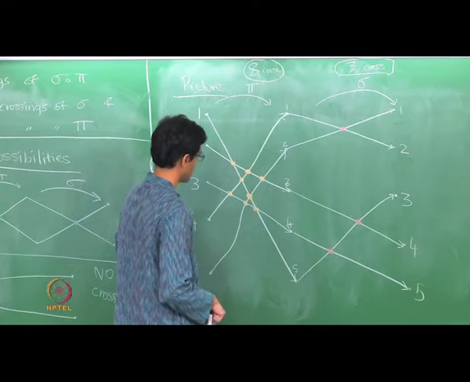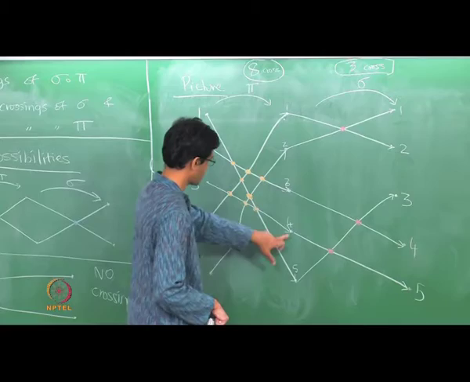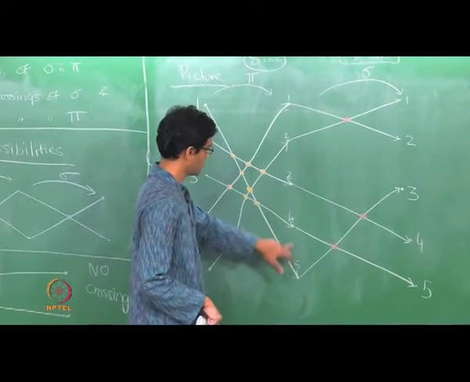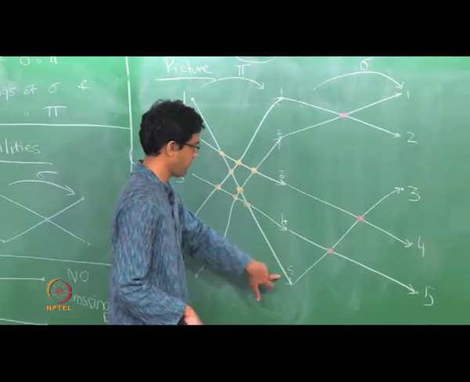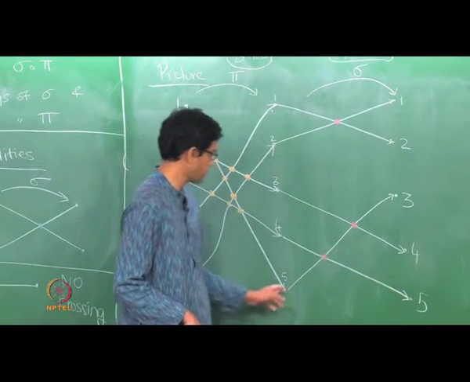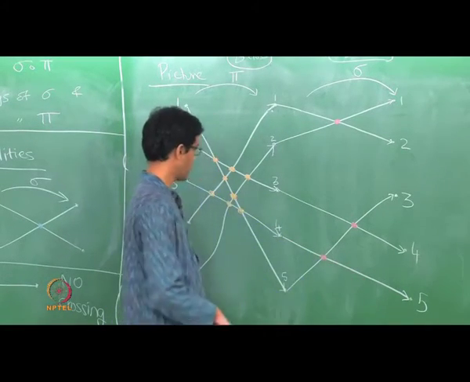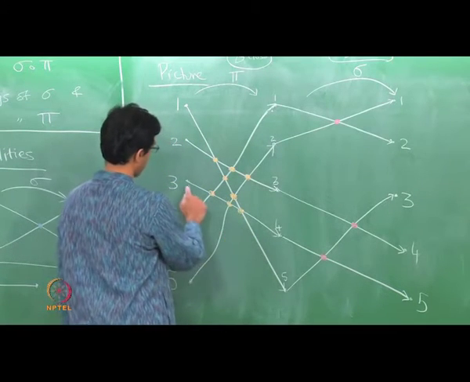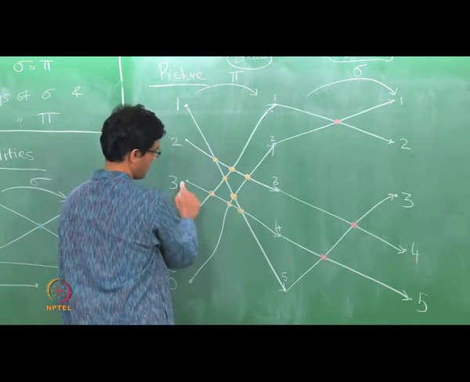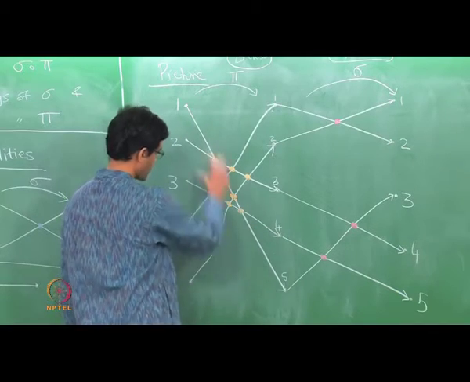Okay, so let's look at another one. Let's look at 4 and 5. So in sigma I have the numbers 4 and 5, 4 maps to 5, 5 maps to 3. So in sigma they give rise to a crossing. Now let's look at the one preceding step. I have 1 and 3 which give rise to a crossing again. So let's write this down.